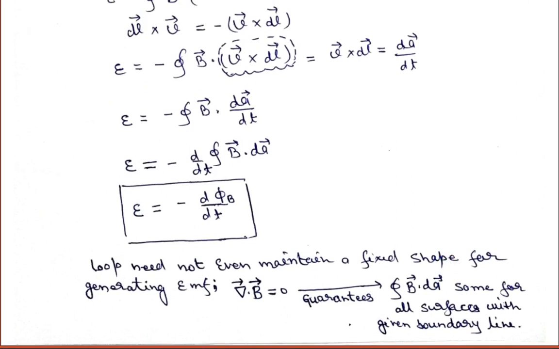So till now, what we have learned in this lecture: I have introduced the concept of EMF, electromotive force, due to the motion of the circuit, a motion of the wire in the presence of a magnetic field. I took the first example of a wire moving in a magnetic field. Then we learned that there is a motional EMF, that is B V L, where L is the length of the wire, V is the velocity of the wire, and B is the magnetic field.